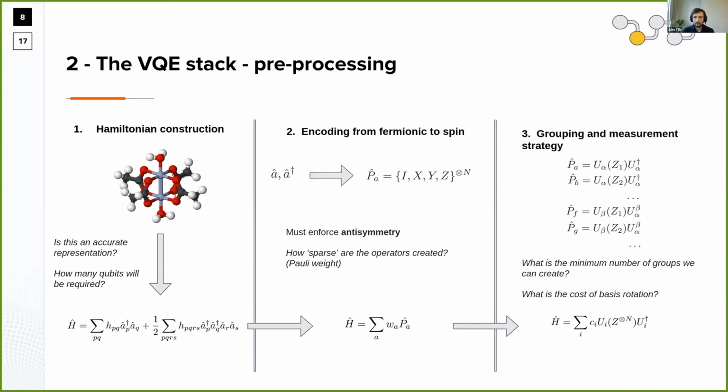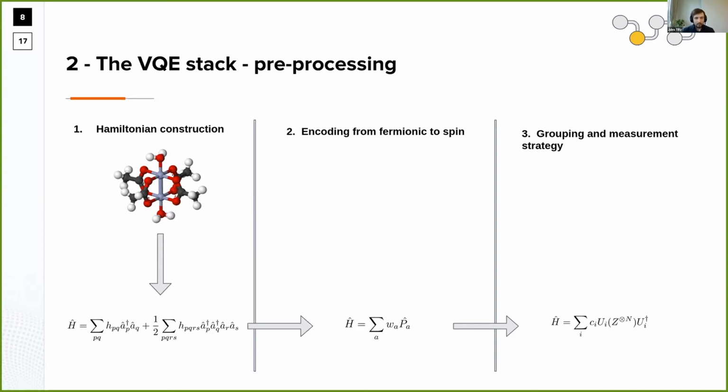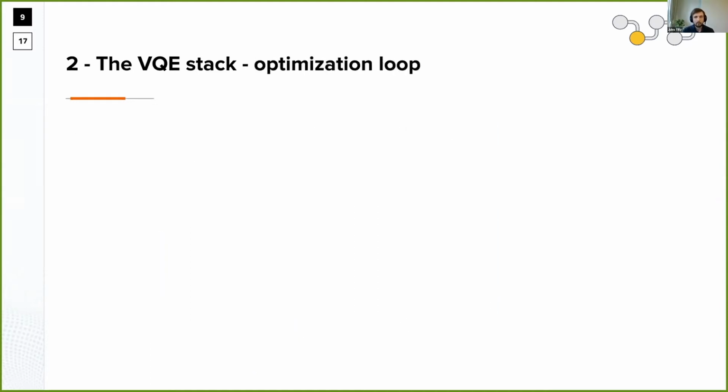And overall, what you get is, starting from a specific structure of a molecule, a mathematical representation of it that you can measure directly on a quantum computer. There are quite a few steps involved in this, but that is an efficient way of representing a specific problem on the quantum computer. So the next thing that we want to discuss in slightly more detail is the optimization loop